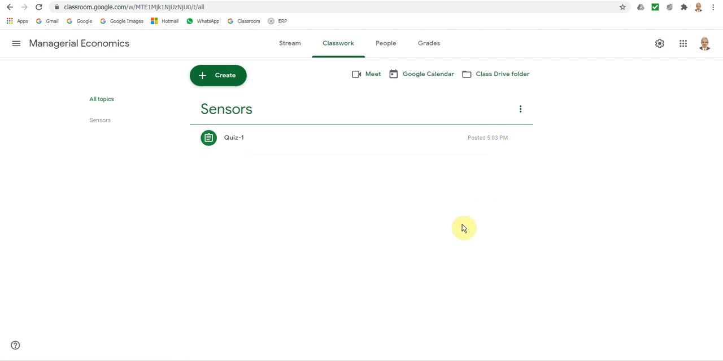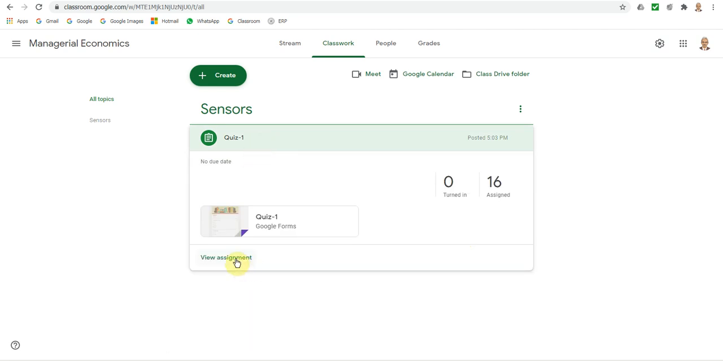So let's see now how to import the grades here. So let's assume the students have taken this. So now click on this, you will have view assignment. So of course here itself we can see it was assigned to 16 students, and the turned in count will tell you how many students have taken the quiz out of those 16 assigned. So of course no one has taken it, so it says 0. So go to view assignment,